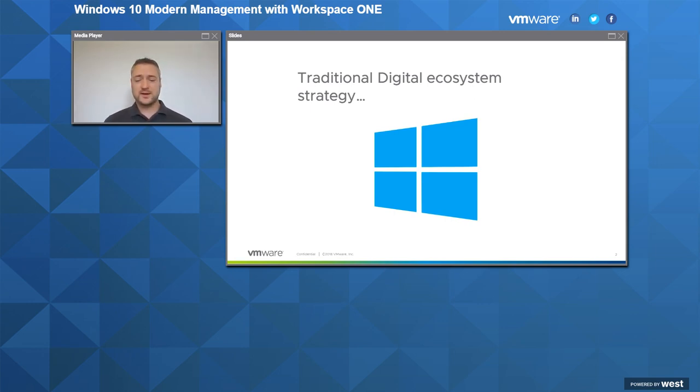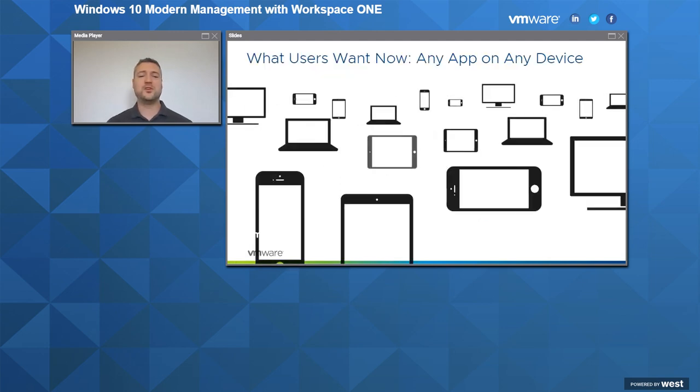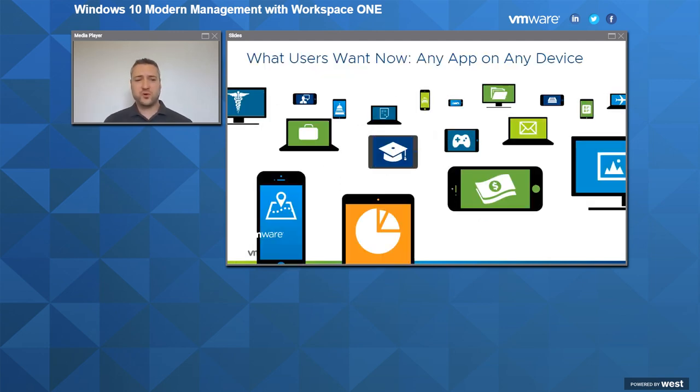In 2007, that started to change, and the reason was that a little company called Apple released quite an interesting device, and this device started to change the end-user computing landscape. And it wasn't necessarily that Apple had released a new device that made the big difference. It's what they did with this device that made everything change for enterprises and consumers in EUC, because they made users and consumers change their requirements and their expectations when it came to getting applications and using devices and where they could use devices.